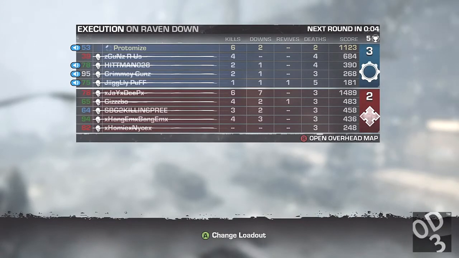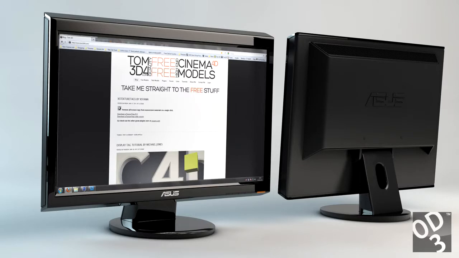Now, the first item up is a PC monitor. This is by far the most important item to get if you want to increase your gameplay skill. Now, the PC monitors that I'd recommend are from ASUS. ASUS is like the gaming PC monitor brand. Like MLG's official gaming PC monitor is from ASUS. It's not necessarily the model that I have. The model that I have is the ASUS